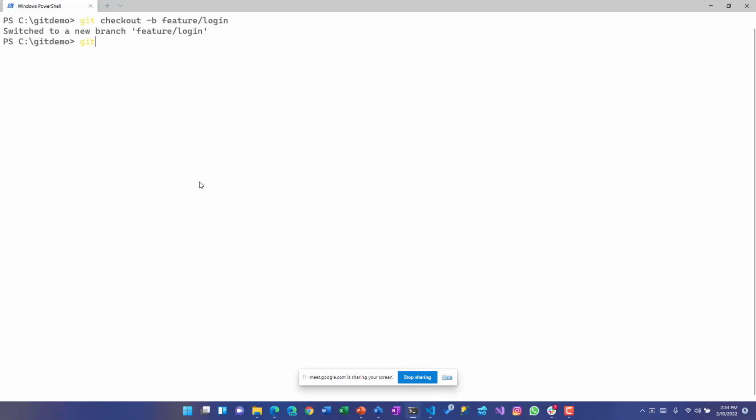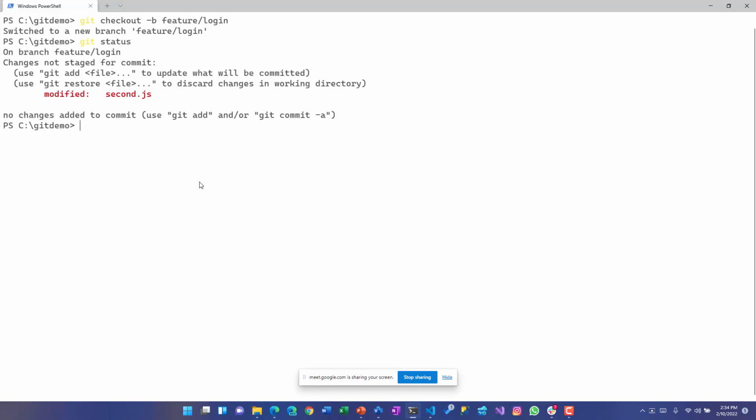Now, if you do a git status over here, you see we're on branch feature login, because we created a branch, so it automatically shifts you to that branch. And then it says this particular file has been modified because you started working on a new branch, you started adding content to second.js. Okay, I feel I've completed it.